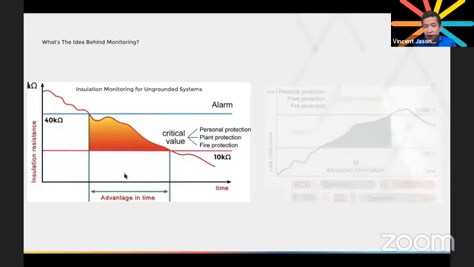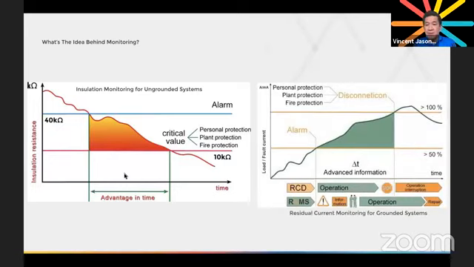Now, for the grounded system, it's slightly different. Here, the set point for residual current will be dependent on your protection goals. Are you protecting humans? Are you protecting equipment? Are you protecting from fire? Or is it plant-wide protection? So dependent on your protection goals, depending on the calculations you've done, that's where we set our